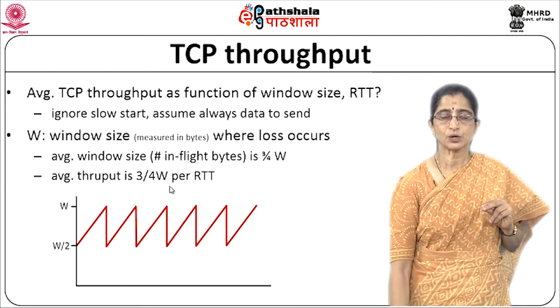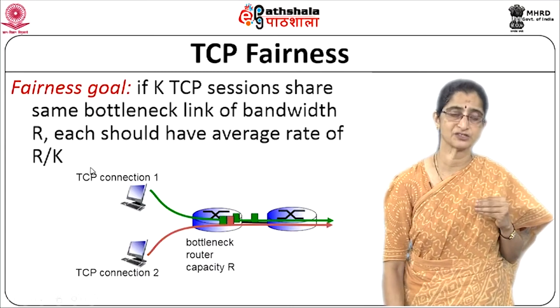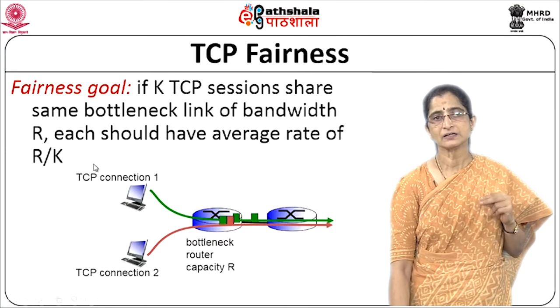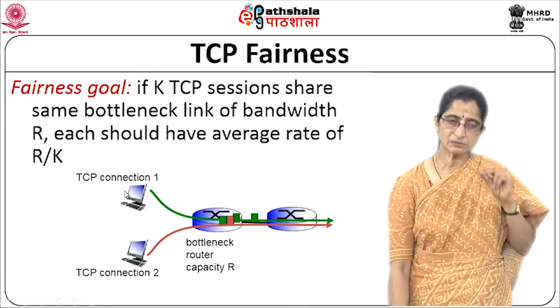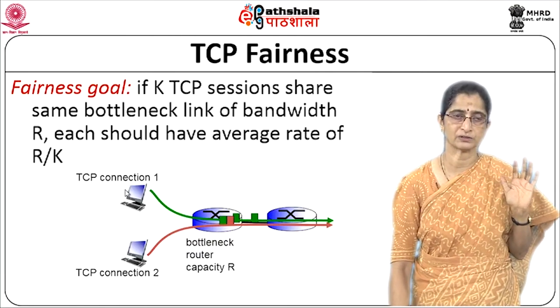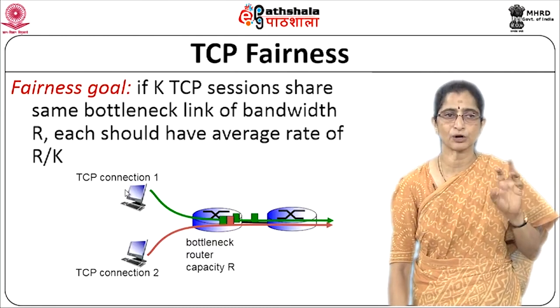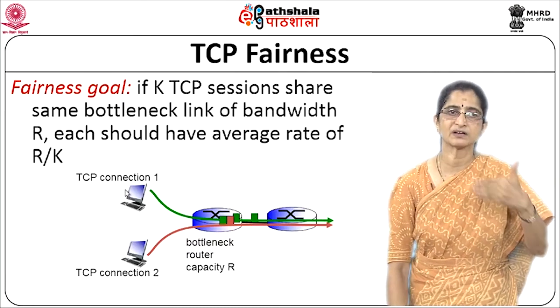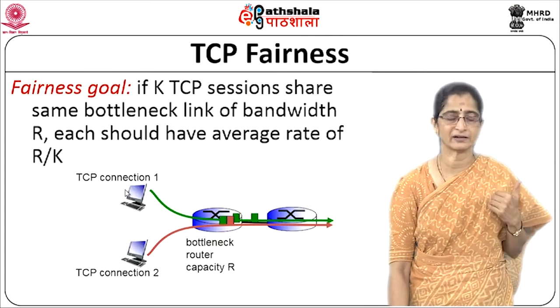So how fair is TCP when you look at TCP with all this congestion control in place? Remember that what we are talking about now is only for a single connection. Now, a similar situation is going to occur for multiple connections which are all going through a router. For instance, when congestion occurs and some packets are dropped, there are multiple connections which are currently in existence, which are connecting up different end nodes.